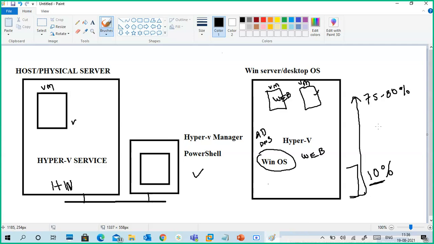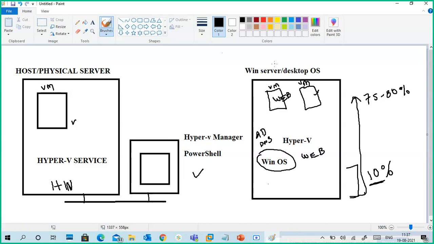You need to buy multiple physical machines for creating different types of servers. In a virtual machine we can install different types of guest operating systems, Linux, Windows, old operating systems, new operating systems. We can run those kinds of applications also. So it means hardware flexibility is more here. You don't need to buy a particular kind of hardware here. You can install any operating system and access that operating system here.